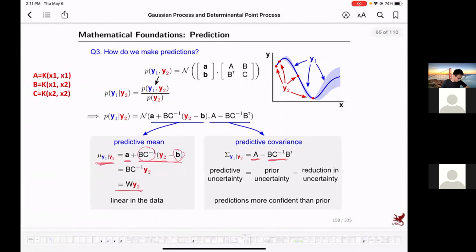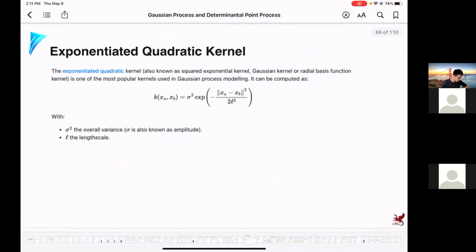This is a short review of concepts we discussed last time. Next, I'm going to get deeper into these kernel functions. As we already discussed last time, there could be different kernel functions serving different purposes. And the most common one, the one we have been seeing along the way, is the so-called exponentiated